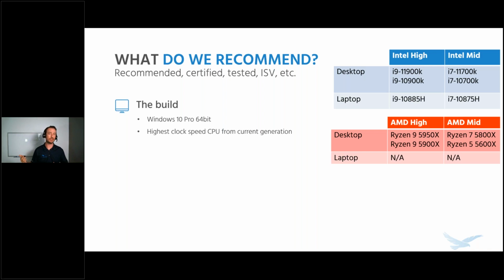But the argument for AMD versus Intel, I mean, you could go either way. I'm not really going to try and make a case for either or. I would recommend taking a look at Puget Systems and looking at all their benchmarks to kind of see which ones perform better in certain tests to see if that's something that would benefit your specific workflow or what kind of files you work on. But the general high level overview is that if you're looking for more cores, the Ryzens are going to be just better